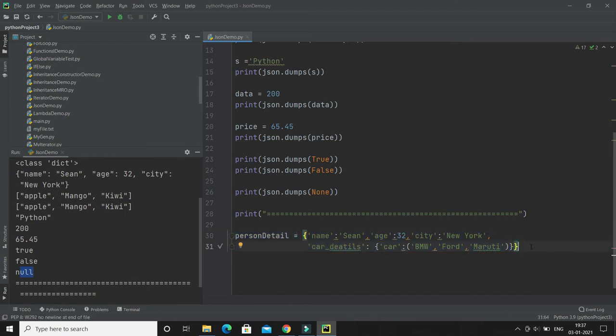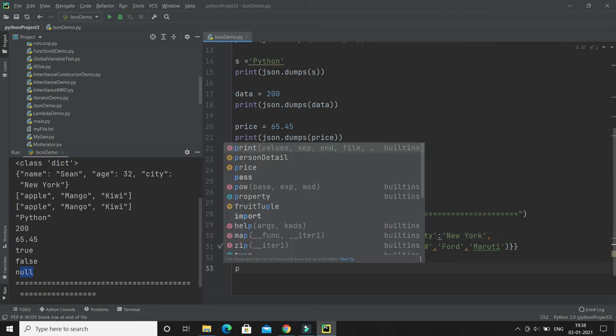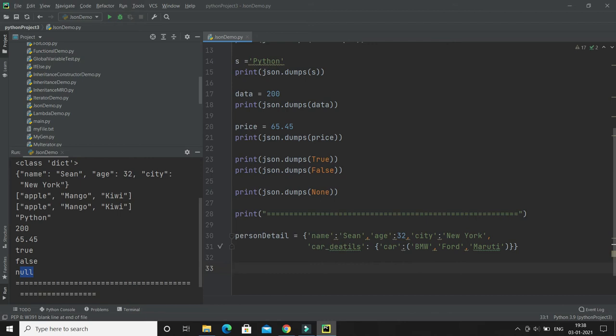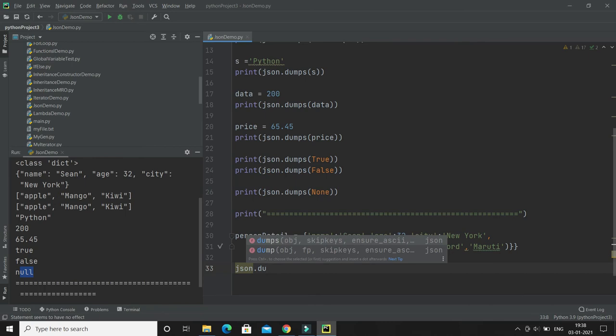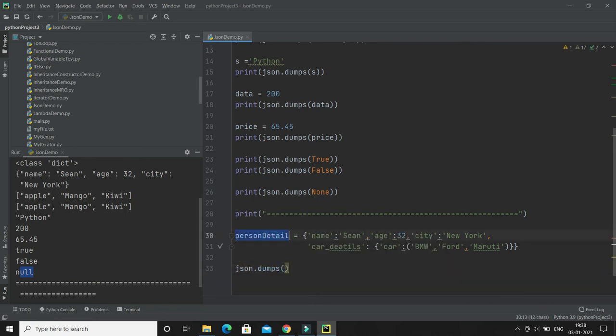Now when I try to print this JSON after converting to JSON, let me show you. I will call the json dumps function, and here again I'm going to pass this person detail, with the variable name j.